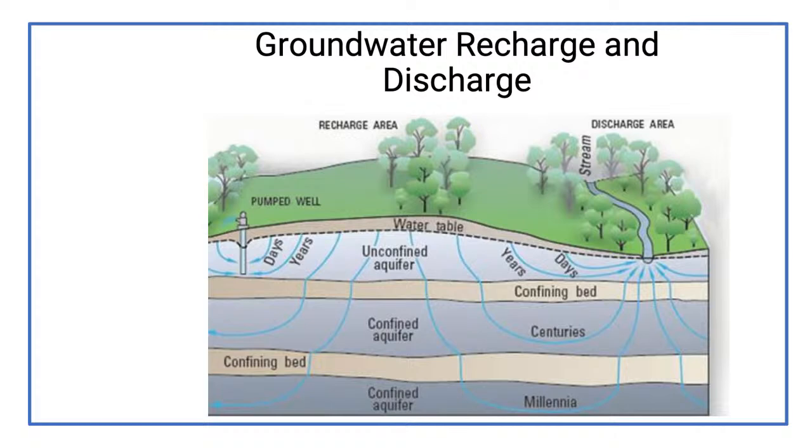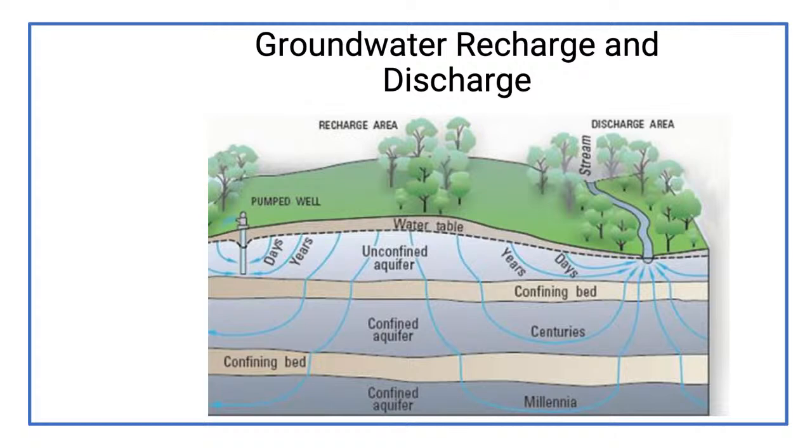So now what happens is it takes a long time for groundwater to percolate through the ground. We will get down below the ground and we'll have our upper aquifer, which is usually going to be an unconfined aquifer. That's open to atmospheric pressure. That's going to be the shortest period of time. It's going to be days or years. The water's going to